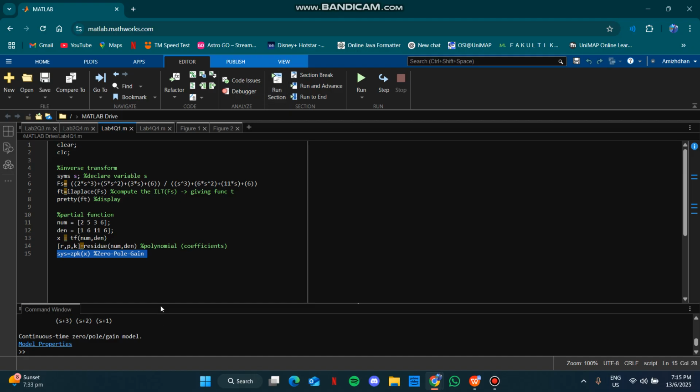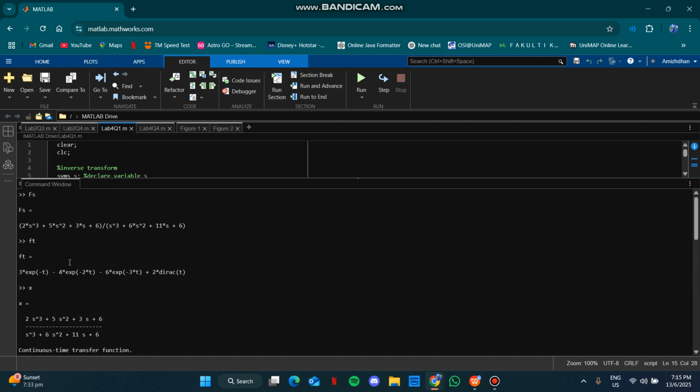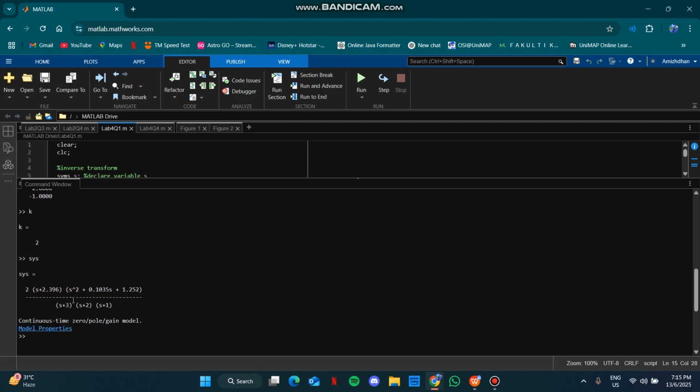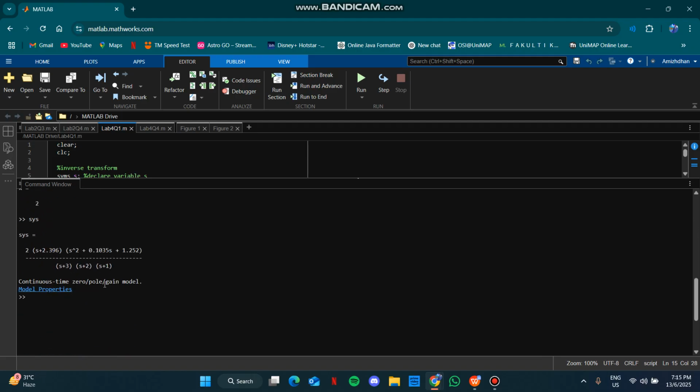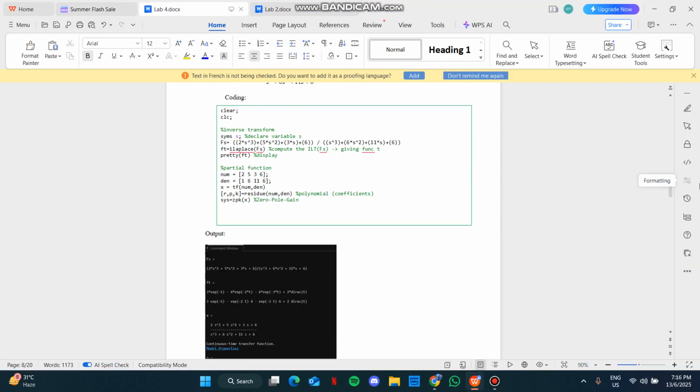If I run the code, this is the output I'll be getting. Fs, this one. As I said just now, this is the transfer function, the continuous-time function, and this is the zero-pole-gain model. Okay, for the next question, which is question 4.2,